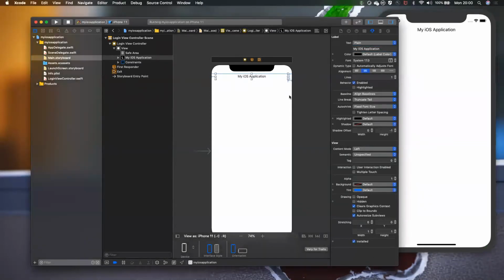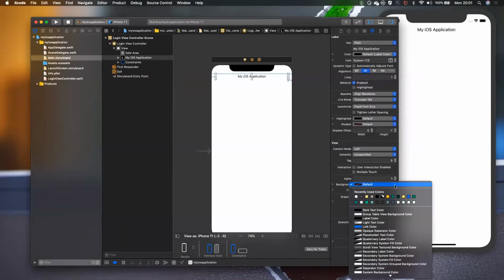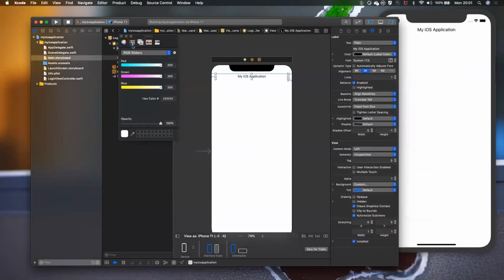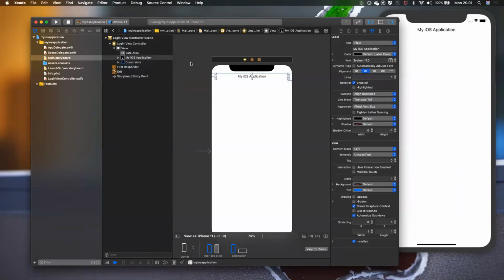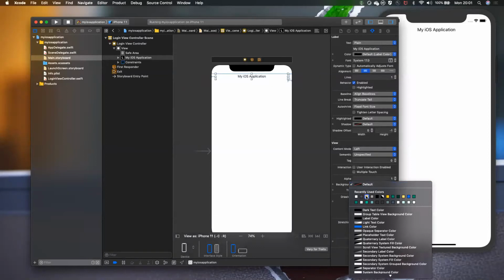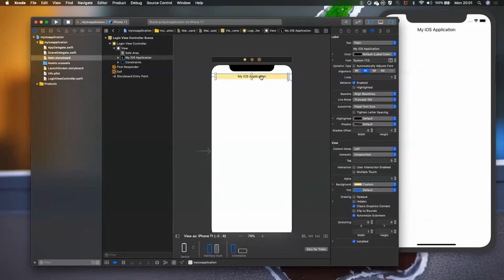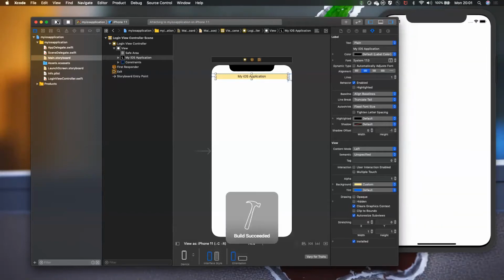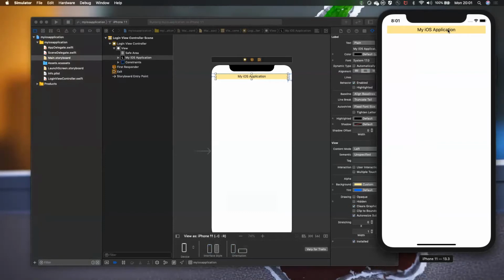Now what I will do is set different colors. If you look at the background, you can click on that background tile, and then select any of the recent colors. These are the predefined colors. You can also customize your own color. If you know the RGB value or hex color, you can just provide that, and it will be applied to the background. Now I will just select the default color. You can see my iOS application with the background color. I will stop the application and run it again. Yep, you can see the color is applied.